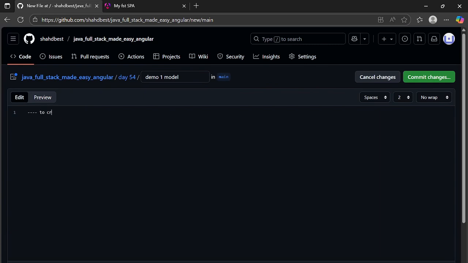To create a model, click on src folder and create a new file. Name it as student.model.typescript. Fine. So you can in fact name anything based on the entity name. You can give a similar model name. So this is our